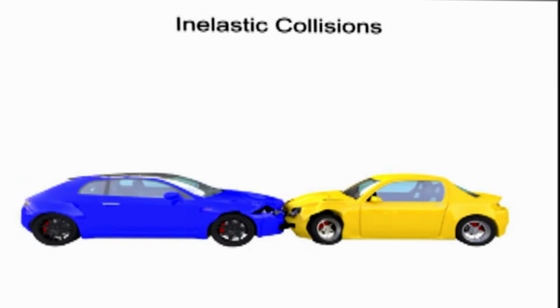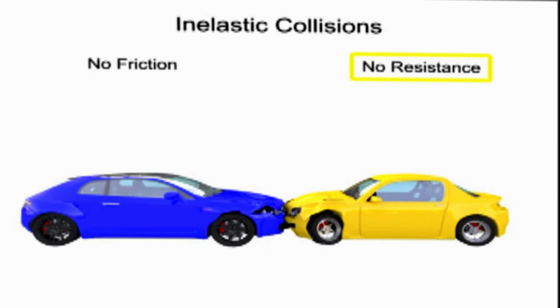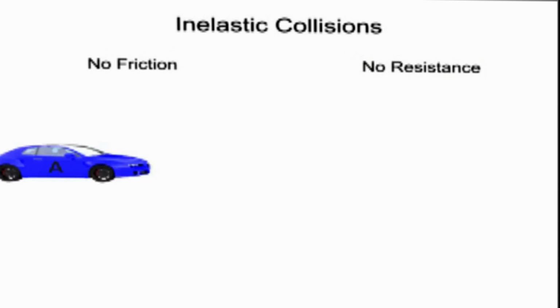In order to understand the conservation of momentum in this example, we'll imagine a car crash taking place in a world where road friction and air resistance have no bearing on the system. Let's take